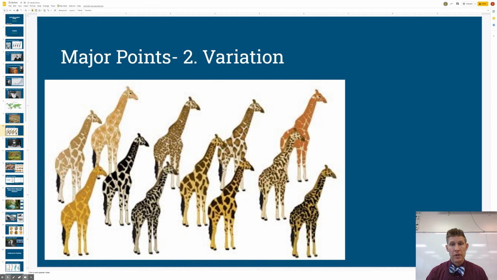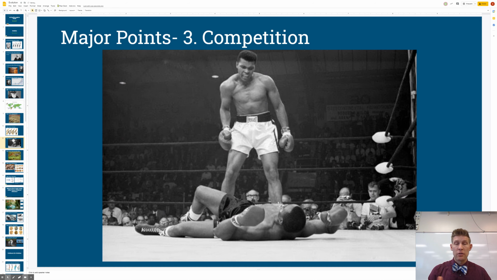So I love this picture. It shows all these different fur coats of giraffes. It really kind of helps illustrate that every species has variation within that species. And so it causes variety, which creates competition for resources. That's his third major point, is there's competition for resources. And this is a competition for resources, a competition for money, for pride, things like that. So humans compete, cacti compete, all that kind of stuff. They all compete for resources, water, food, money, that kind of stuff.